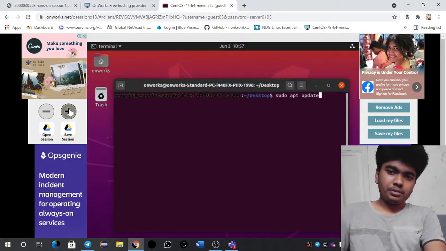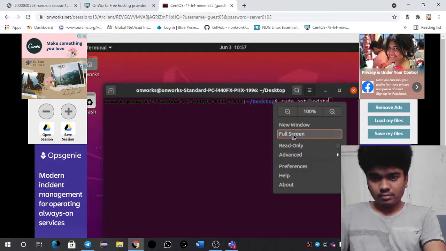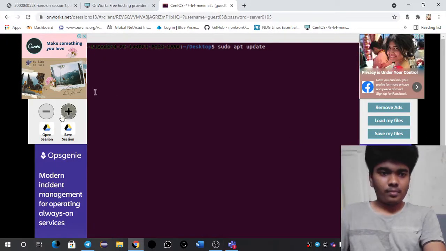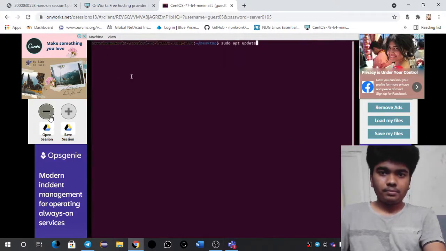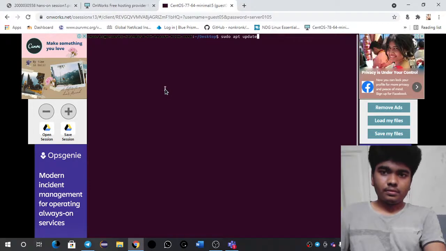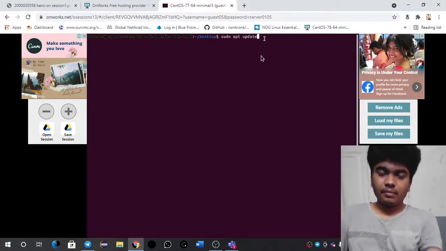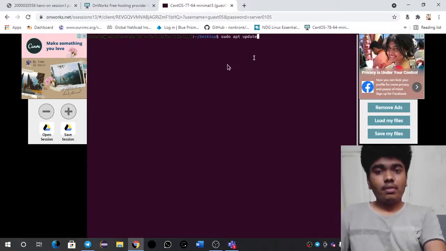Let me magnify it a bit. I think there is a full screen option. Yeah, fine.